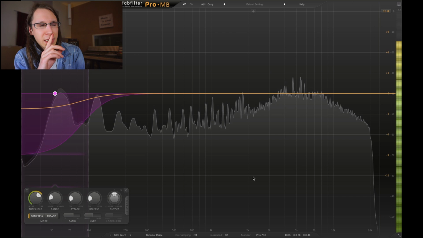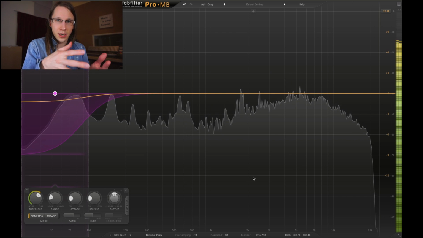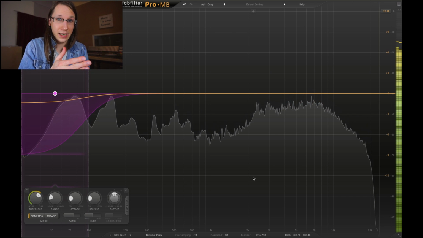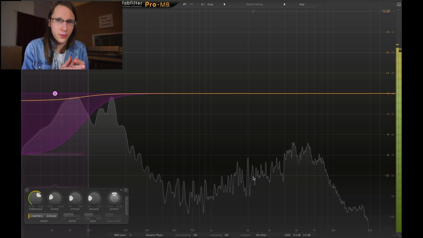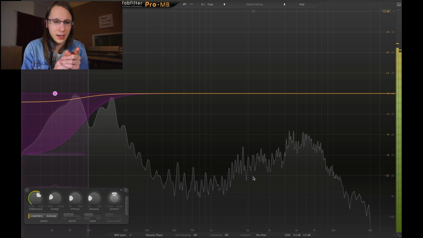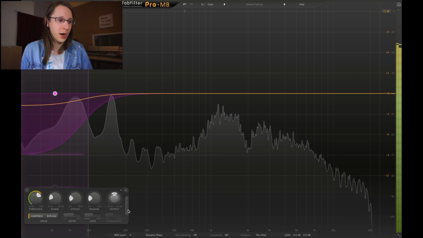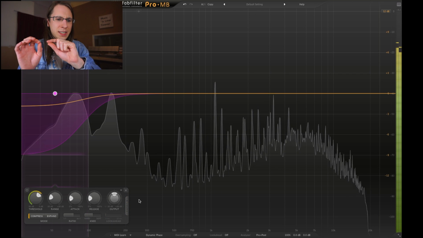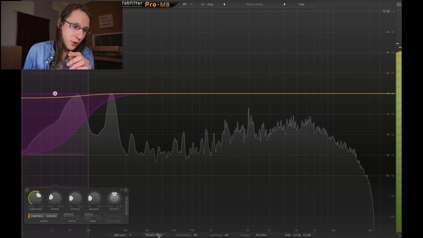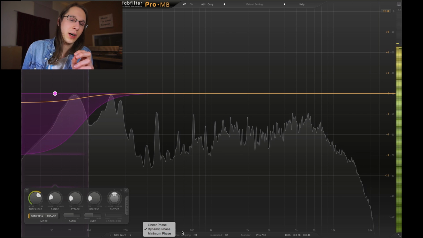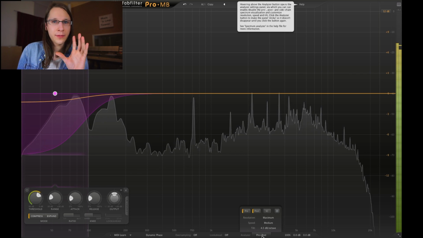What I also know from experience is that the Pro MB does have latency. It reports latency to the DAW and it uses that latency. So it uses that time that it's delaying. And when you turn off look ahead, only then it works real time. So that's important to keep in mind. Even if all the sliders are back to 0, it always has a bit of latency. And only if you turn off look ahead, turn off oversampling and go for dynamic phase, you will have a 0 latency plugin.